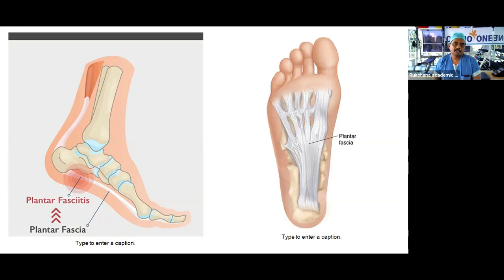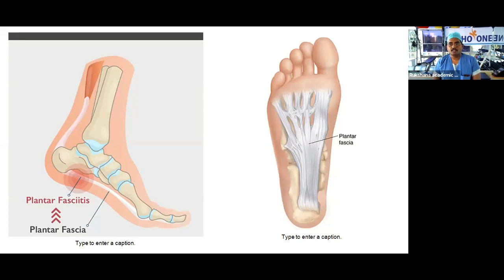The second main reason is lack of activity. In childhood, in the first, second and third decades, people are generally very active. As you progress to the fourth decade, you may slowly go into an inactive lifestyle. And that will result in tightness in your calf muscle.